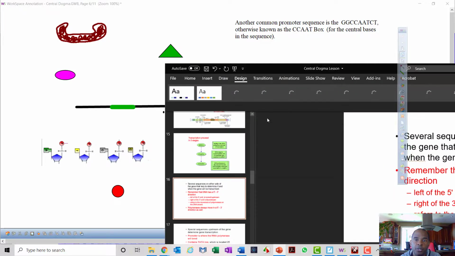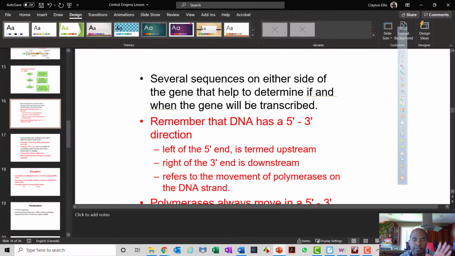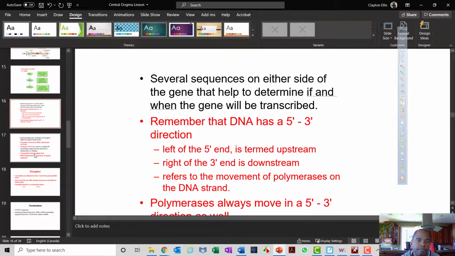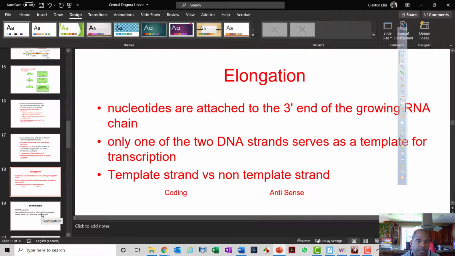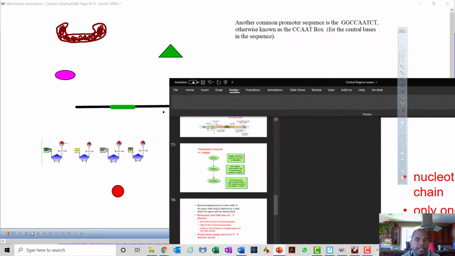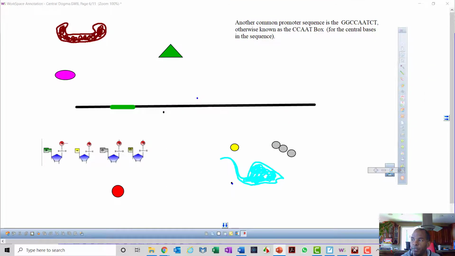Let me just pull the PowerPoint over here so you can see. I know I should have it at the same time on a different screen, but in case I don't, here's the information that you're using to get that understanding. I'm just explaining it and you're following along with the PowerPoint. So what's going to happen is